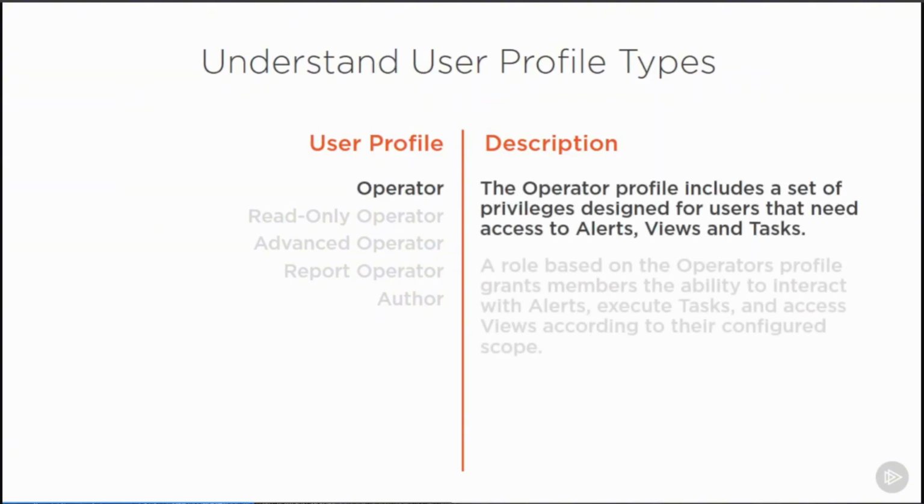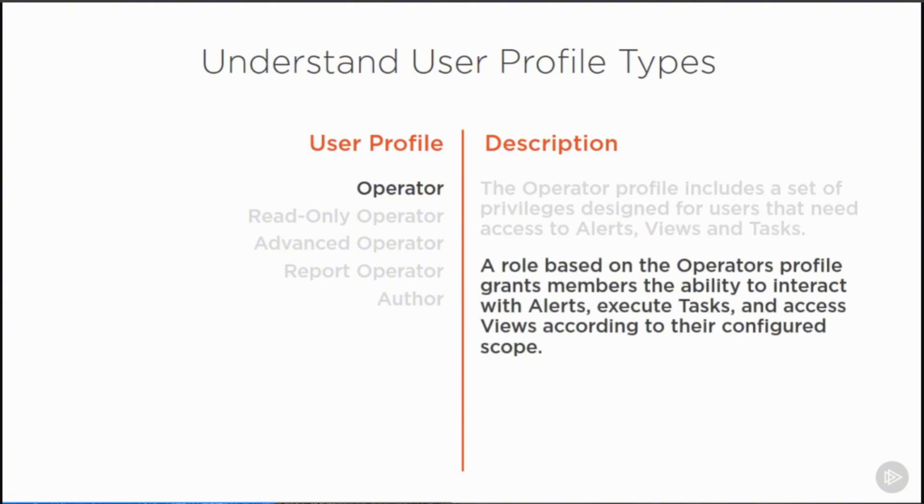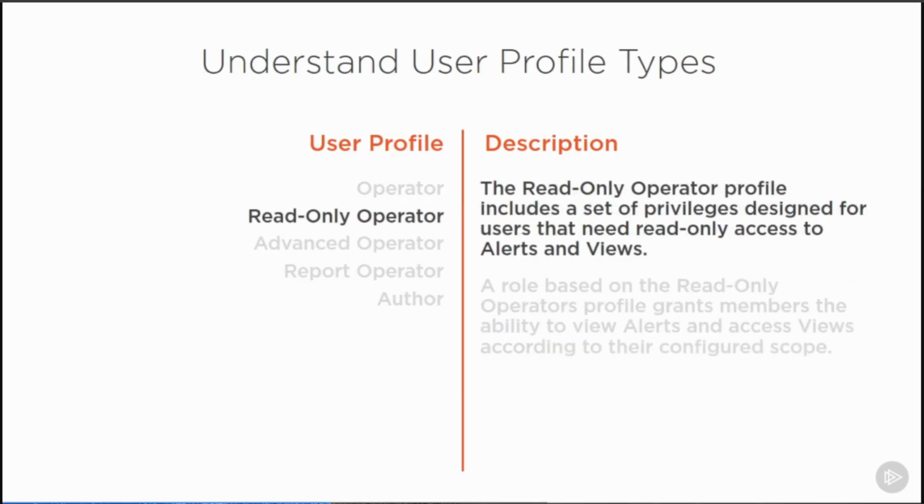Let's start here with the operator user profile, which includes a set of privileges that are designed for users who need access to alerts, views, and tasks. And anytime you create a role based off of this profile, it's going to give your members, the users, the abilities to interact with alerts, execute tasks, and access those views there in the operations console. This is important because the operator role, very different from the read-only operator role, which we'll talk about next, has additional privileges to resolve alerts, to execute tasks, and to do things that a read-only operator would not be